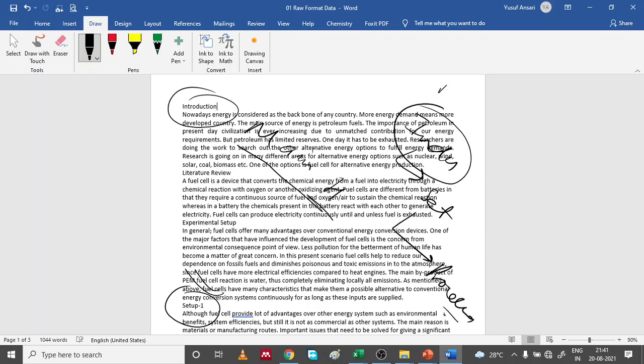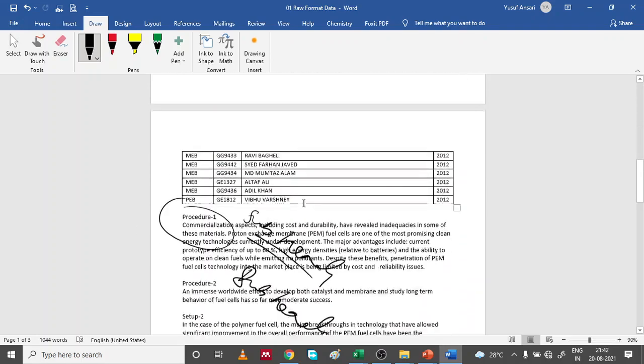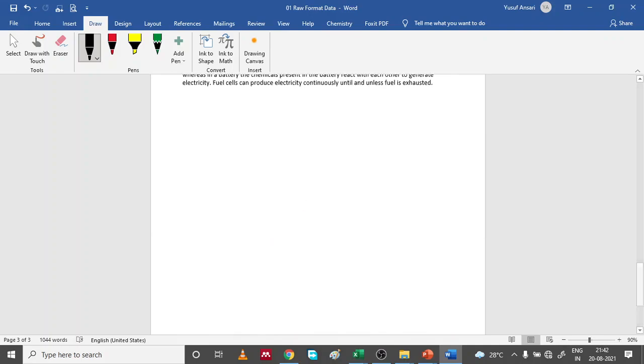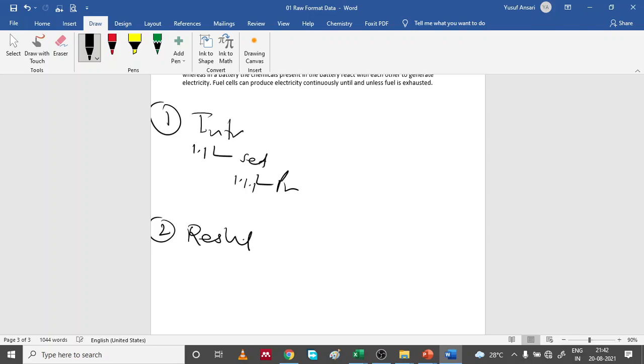So introduction is treated as the main heading, setup is the second level, level 2, this is level 1, and this is level 3, and so on. It totally depends on the nature of the material. Sometimes, for example, there is a chance that we have introduction, setup, procedure, then this is the first one, this is 1.1, this is 1.1.1, and then 2 method, say for example result 1, in result 1 case 1, and so on.